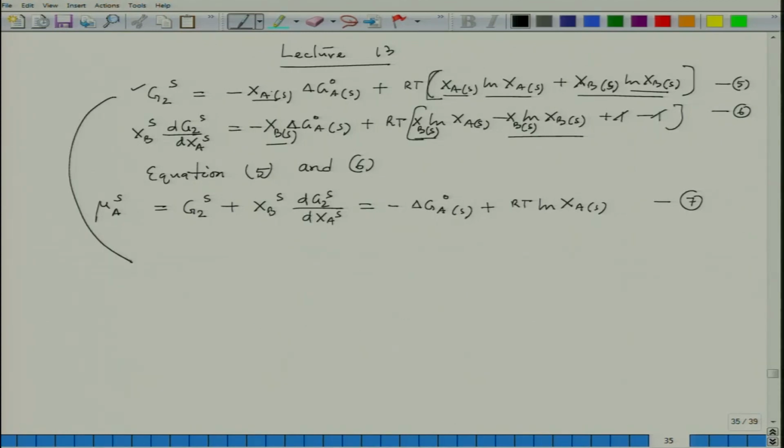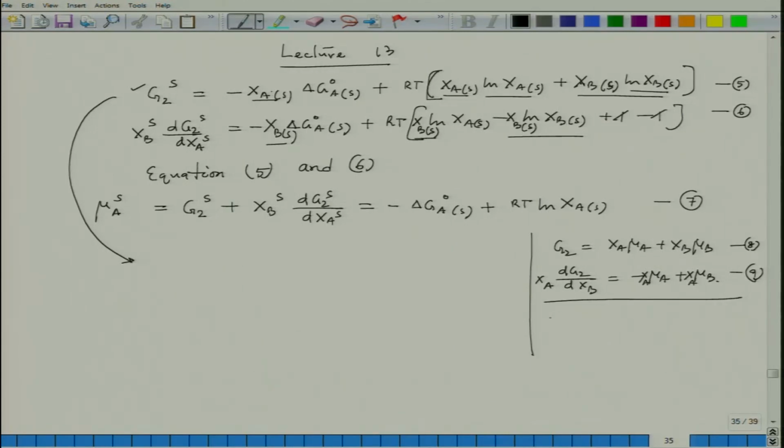So, I can try to get another equation for mu B, and just to follow up what we have done in lecture number 11, if G2 is equal to XA mu A plus XB mu B, then dG2 by dXB equal to minus mu A plus mu B, and then if I multiply with XA and then add, this is let us say 8 equation, this is 9, if we add them we would get